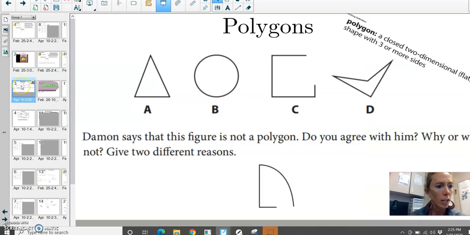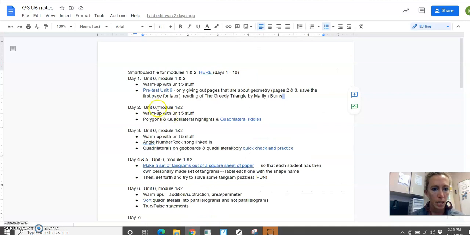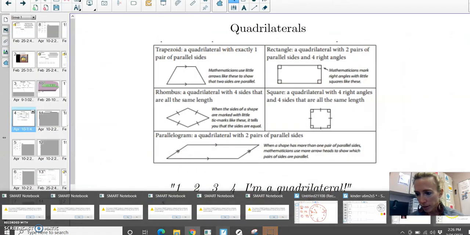To start off our polygon discussion, on what polygons are, and that we're going to be talking about quadrilaterals. So on day 2, we have our regular warm-up, and then polygons and quadrilateral highlights and quadrilateral riddles. So if I look in the file,